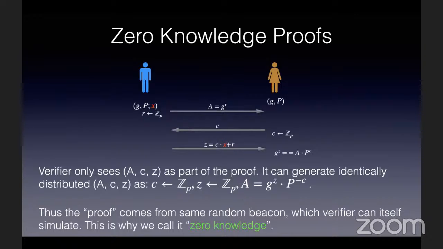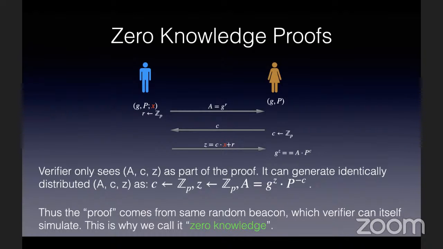The reason is that if it does not know the correct X, this a into p to power c, because c was picked randomly. So after having seen a and p, the verifier has picked c randomly. So a into p to power c is a completely random element now. And essentially what the verifier is asking the prover is to send z, which is the discrete log of this a into p to power c, which is a completely random